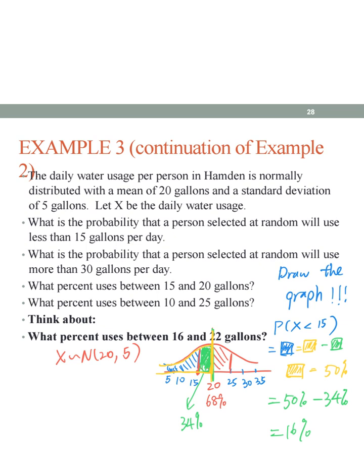Did that make sense? So draw the graph. And then if you are looking for a specific part, use your pen to shade that part to let yourself know which area we are looking for. Sometimes the area you're looking for, you cannot use the empirical rule directly. You need to do some transformation, use some geometry knowledge: use the area for this part, subtract the area for another part to get that area. Did that make sense? For the first part of this question,